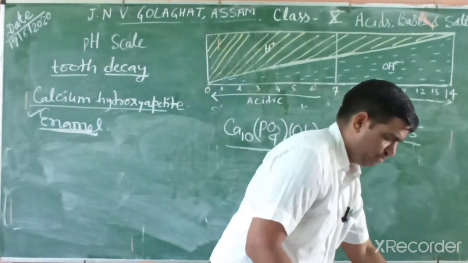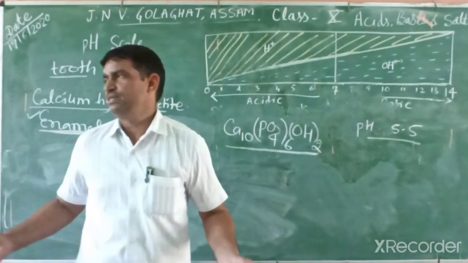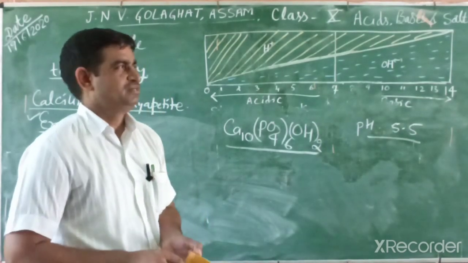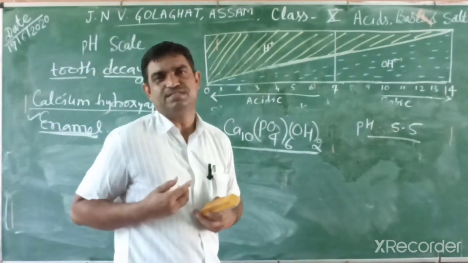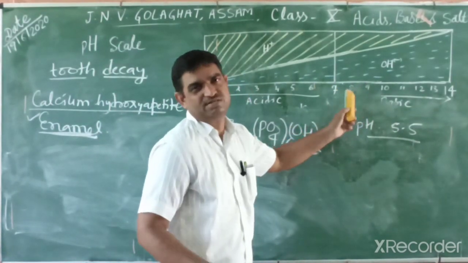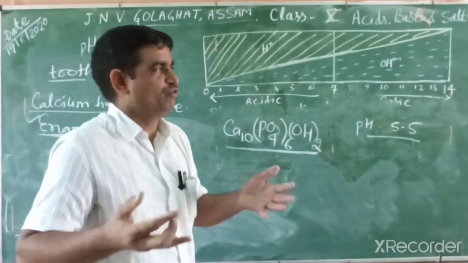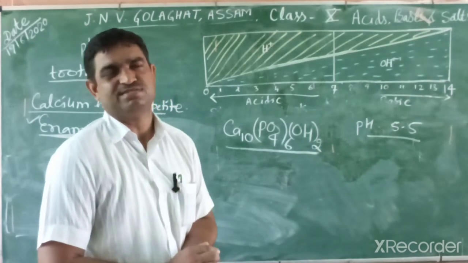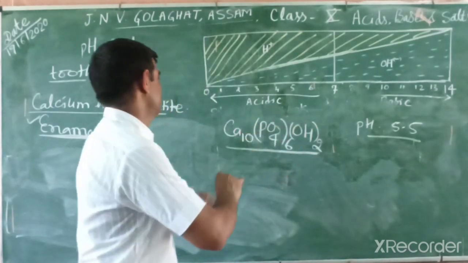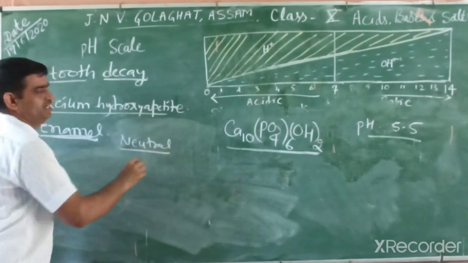Another importance of pH in our daily life: animals and plants are very highly sensitive to it. Our blood pH is slightly basic, 7.4, between 7 and 8. So what happens if you take more curd or other sour substances? Plants, animals and our enzymes survive easily at neutral pH.